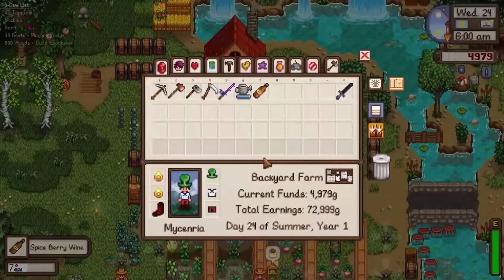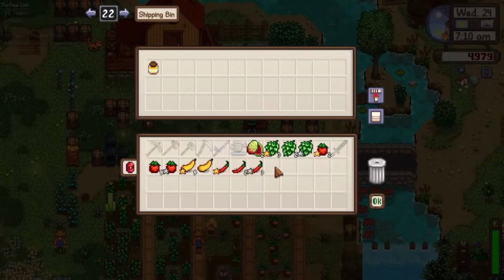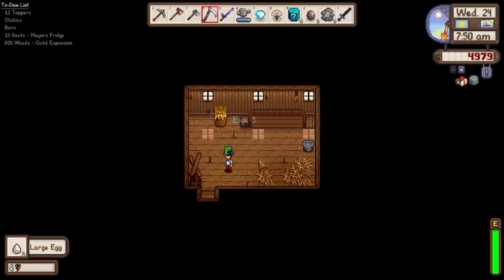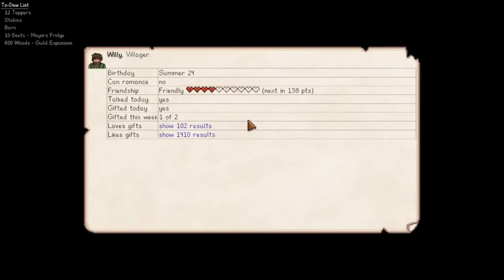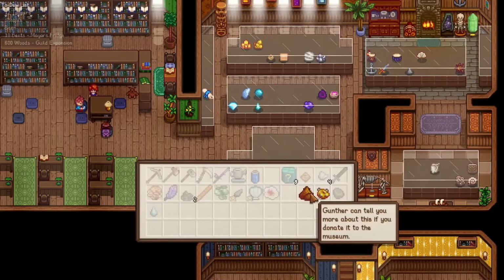Spiceberry wine greeted us on day 24 as it had completed in the silo, and with the second helping of Dahlia honey, we shipped it off for over 500 gold. Sprinkles gave us our first silver white egg, and we headed on over to give Willie a diamond for his birthday. Clint opened several more ores, meaning we could donate 3 more minerals to the museum, plus the ornamental fan